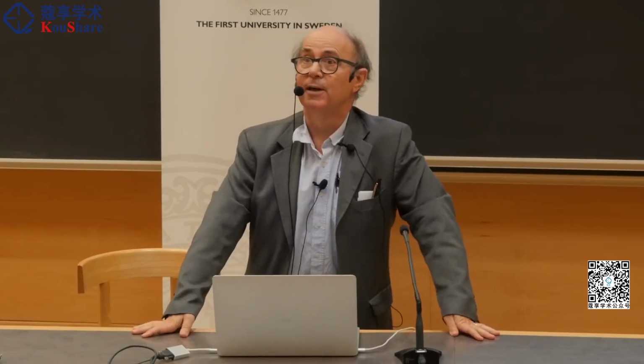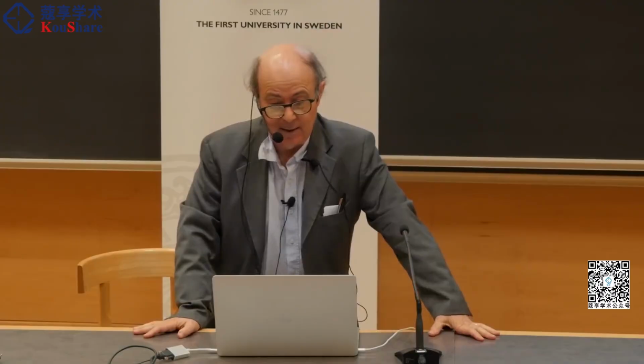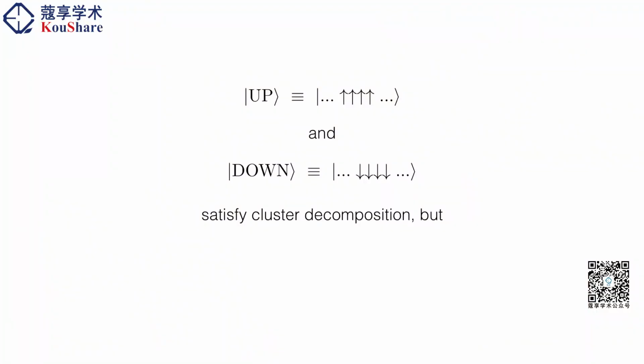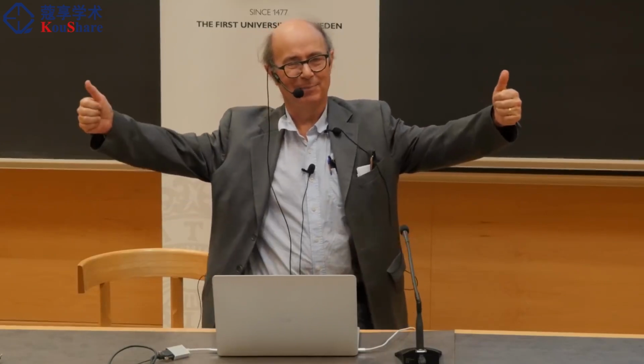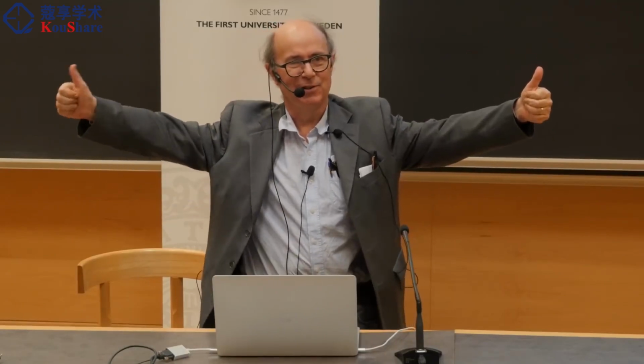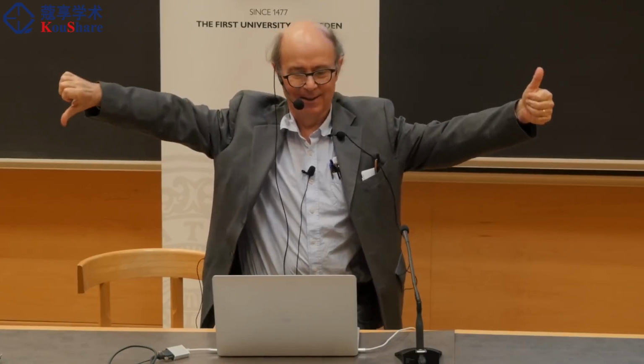So, for instance, specifically, if we're talking about a ferromagnet as an example of spontaneous symmetry breaking, we could have a state which is up, with all the spins up, or we could have a state with all the spins down. These do satisfy the cluster decomposition property. You can easily convince yourself. But their superposition does not. If you consider specifically, for instance, the possibility of observing a spin up here and a spin down over there,